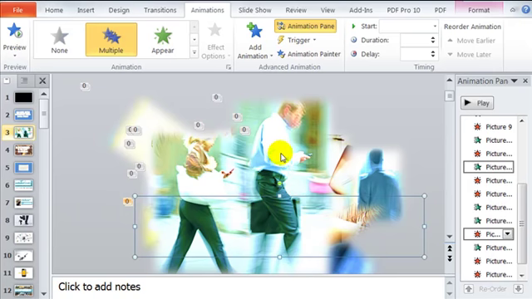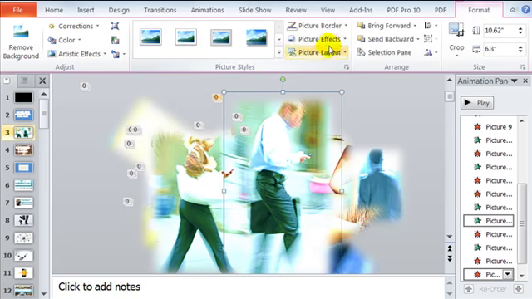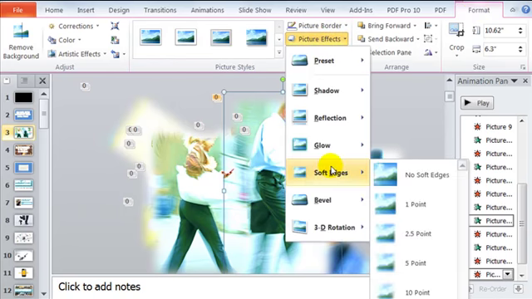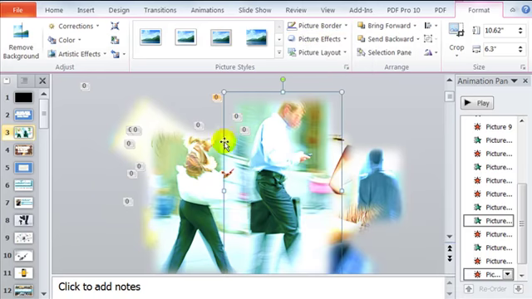So the way that I do that is I select the image, and then you click Format up here, and you'll get Picture Effects. Go down to Soft Edges, and I'm choosing a 50-point soft edge, so very soft. All right. Then I go over to